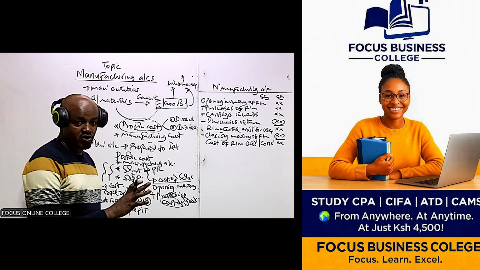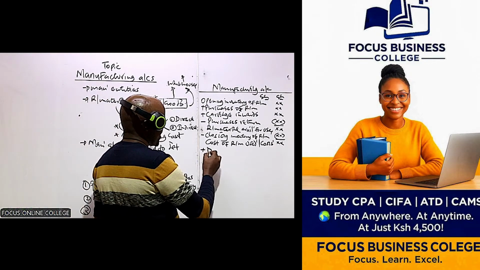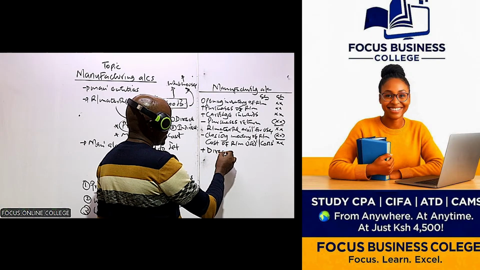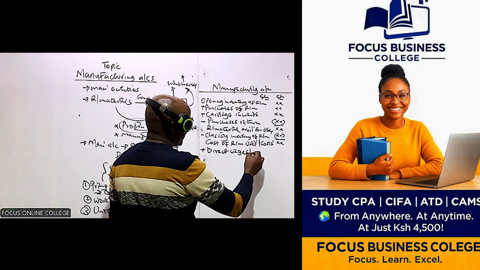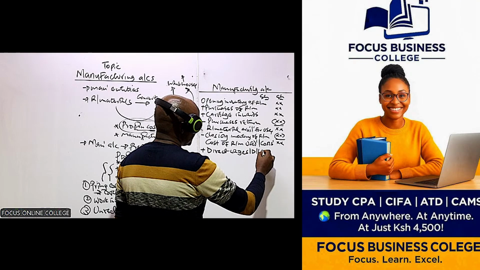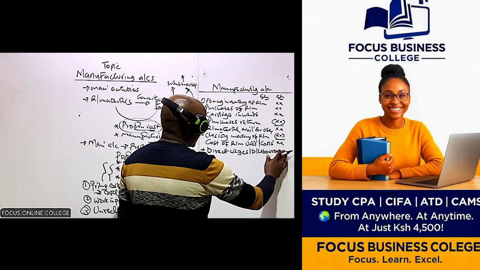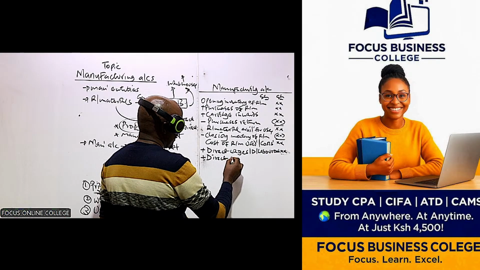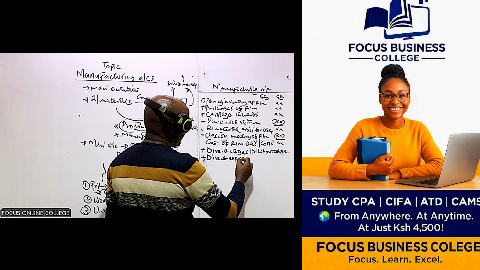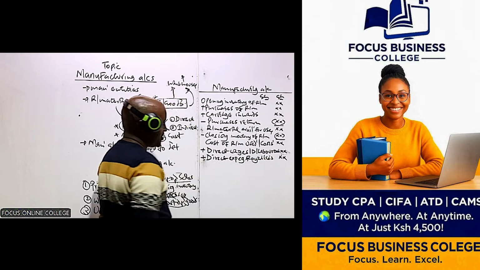So after getting that cost of raw materials, the cost of direct raw materials, to this we proceed and add other direct expenses like the direct wages, or maybe the direct labor cost. And maybe we also add any other direct expense. A good example of the direct expense which will be given in this particular question for manufacturing companies is something